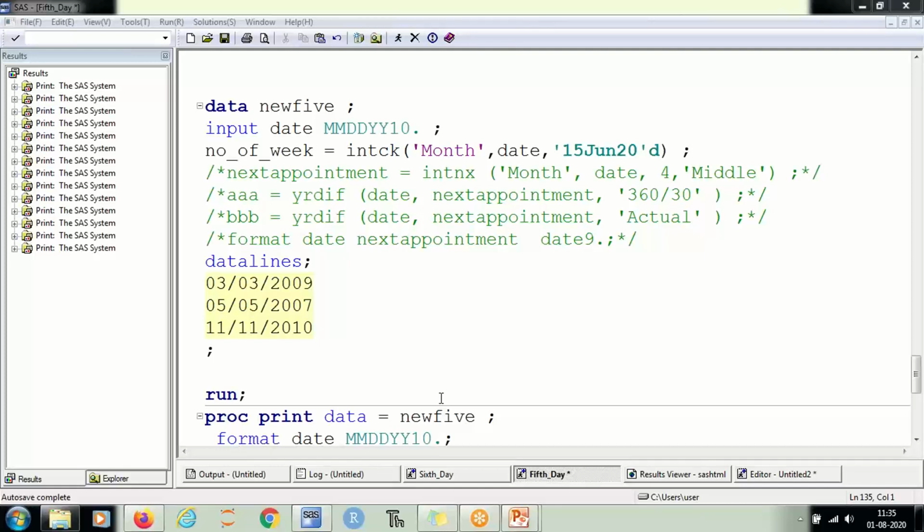And since we have some special character, we need to use an informat, and we have used mmddyy informat. And in the second line of code, it was checking the number of months between the date, which is this variable, and this date.